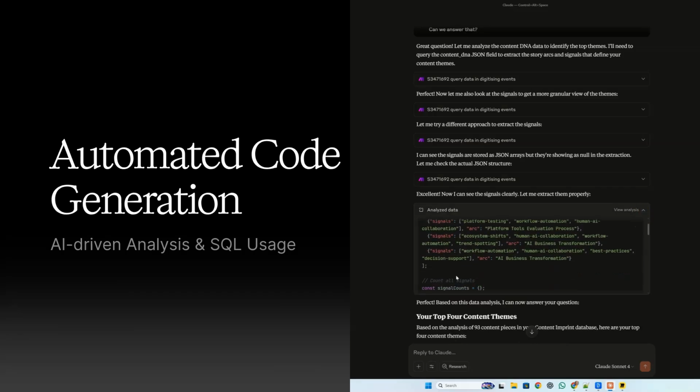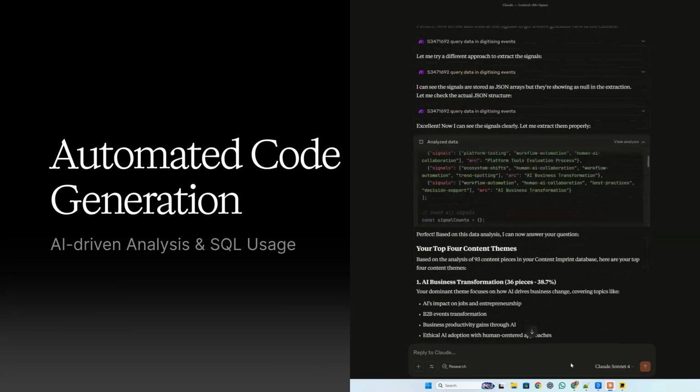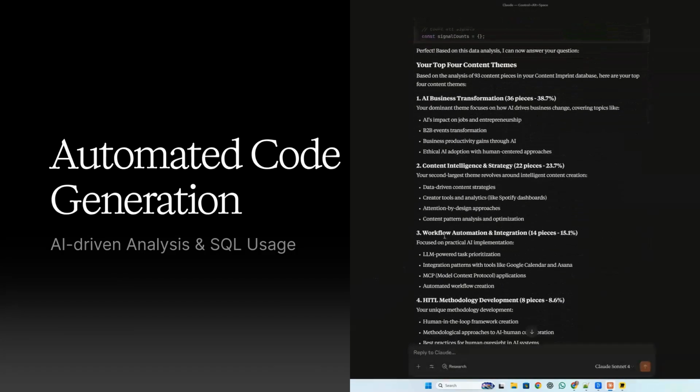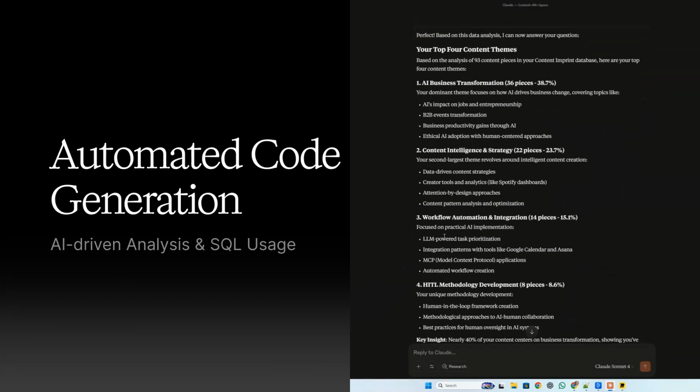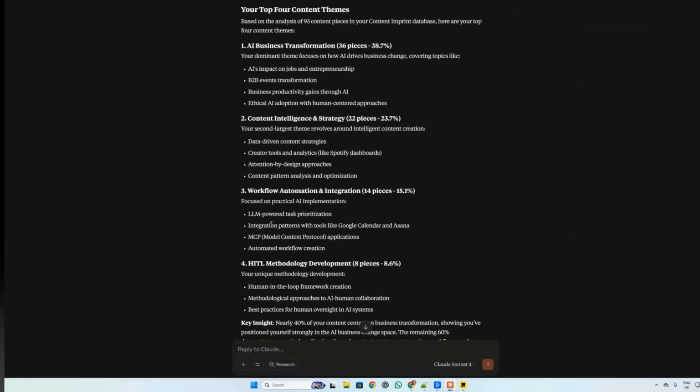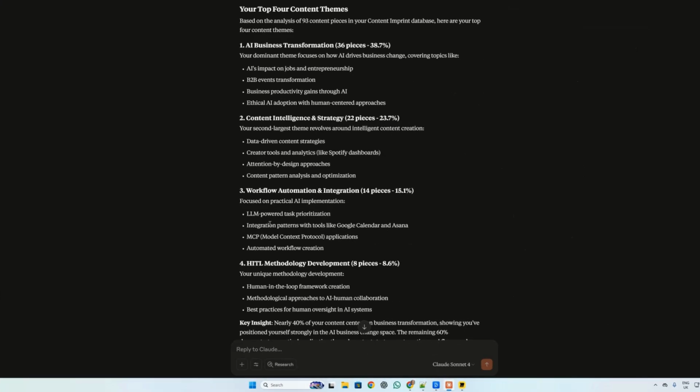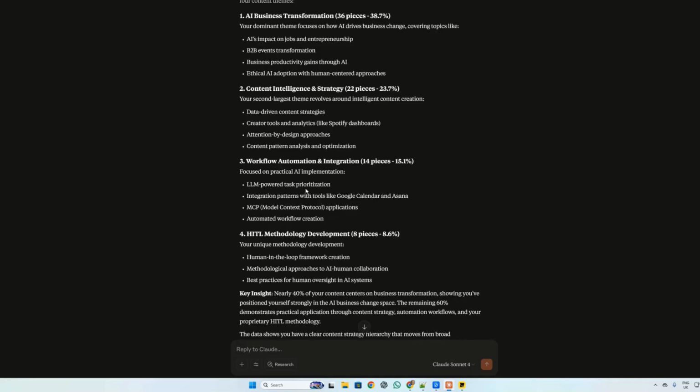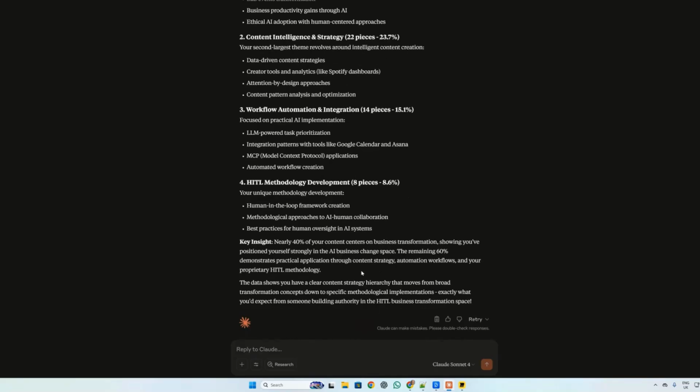So you can see it's pulled everything back. And it's given me the answer, which, as a starter for 10, considering we're only just starting to explore, is pretty good. Tells me exactly across all the platforms where my content is, what it's focusing on, and what it's doing. A really good view of where the data is.